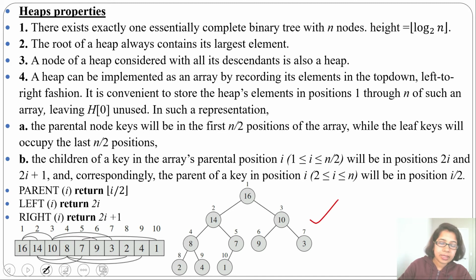Suppose you don't have this tree, then from this array you can find which node is the parent of which node, which node is the child of which node, and which nodes are internal and which nodes are leaves. The first node is always the root, the first half are internal and the last half are leaves. The parent is present at the i divided by 2 position, and the children are present at the 2 multiplied by i and 2 multiplied by i plus 1 positions, for the left child and right child correspondingly.